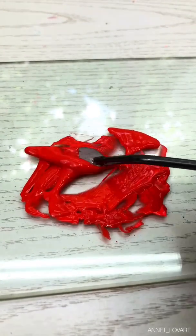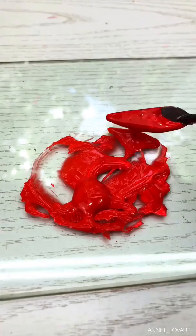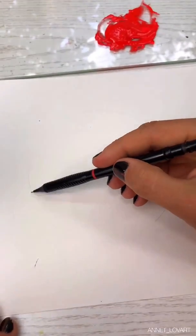I don't know which glue and how it will be named in English, but it's for paper, simple glue. But it's not important. You can put only acrylic. You see? After we